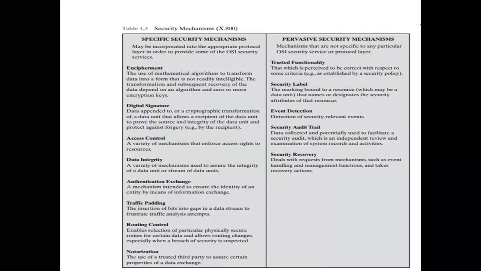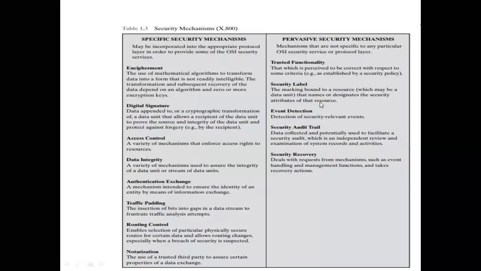That is, while communicating the data, it is simply data exchange between the authorized users. That is represented with notarization. These are all the specific security mechanisms you have to use in cryptography. And whenever you use the ISO OSI layers, at that time you can use these mechanisms.